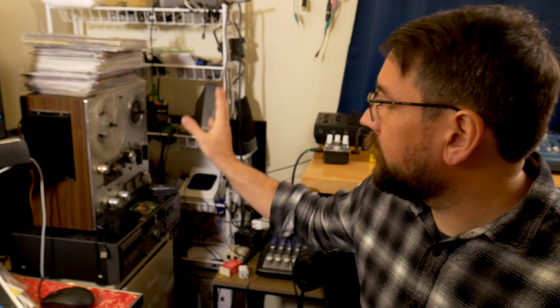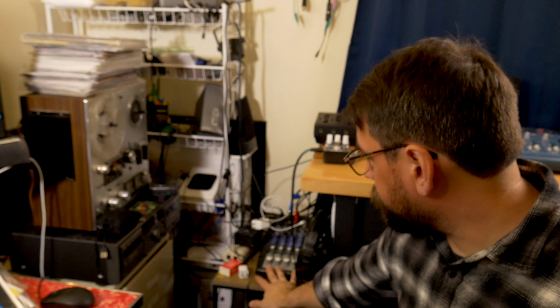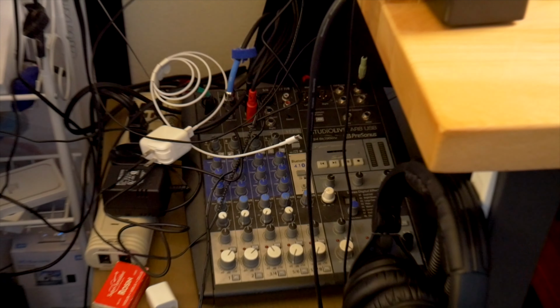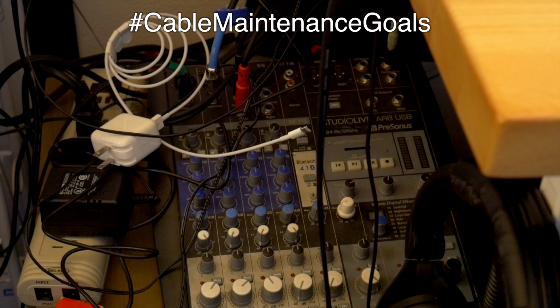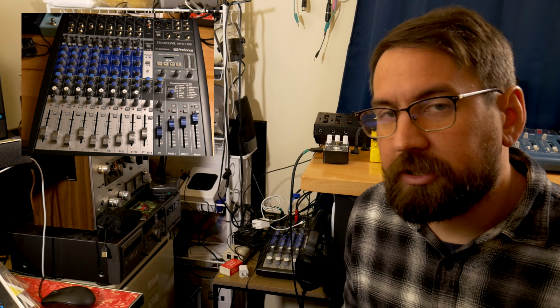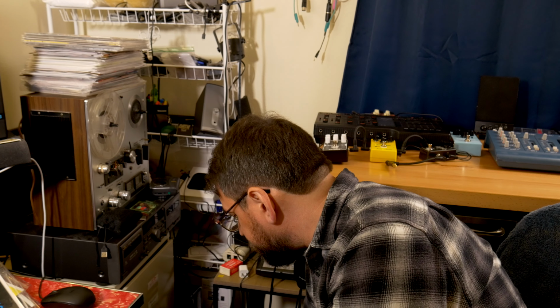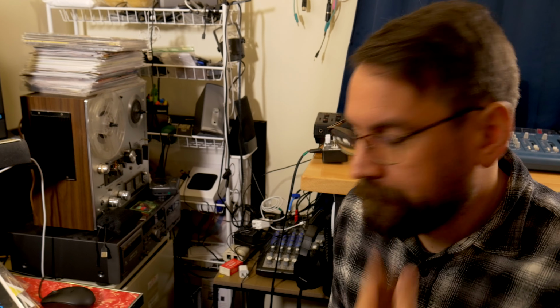I've got my tape deck where I actually do my tape duplication, a reel-to-reel that doesn't work right now very well, another stack of comic books that I need to read. But this is really the nerve station right here. I've got a PreSonus StudioLive AR8 USB multi-track mixer. I also have its big brother, the 12, that I take with me on the road whenever I'm recording things for Thoughtform Collective and whatnot. I also have this Fender amp that I got with my electric guitar. I might have been better off just to plug through my mixer, but hey,